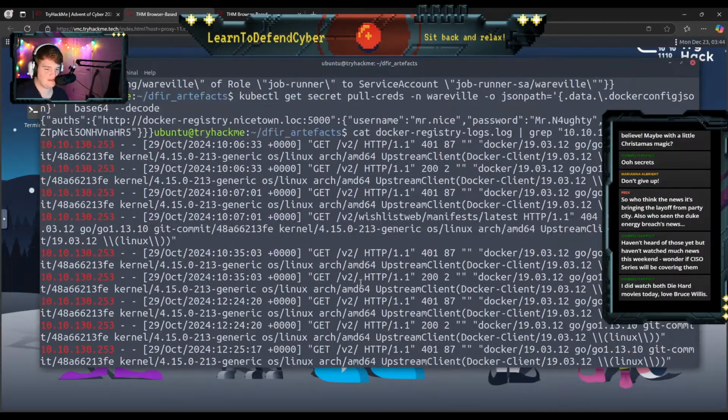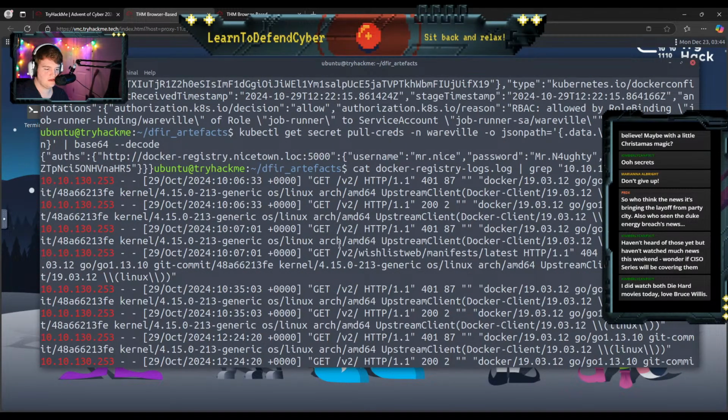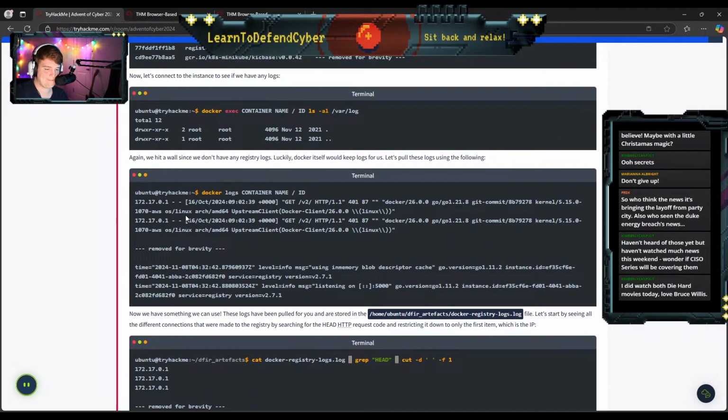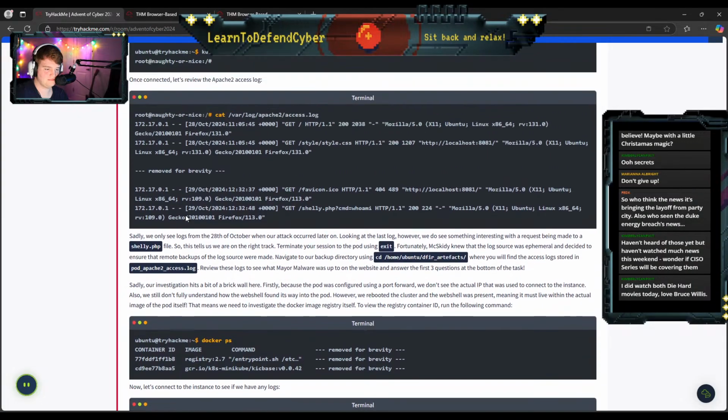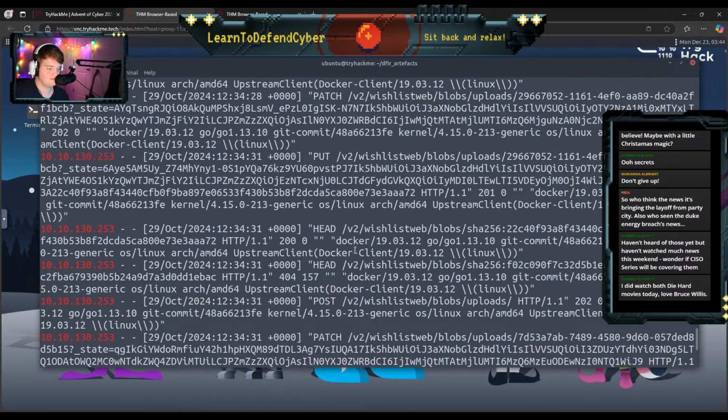I think I'm actually looking at the wrong log to see the shell commands. Yes, I am. I need to look at the Apache logs. Right. I need to be looking at the Apache logs. I probably do.